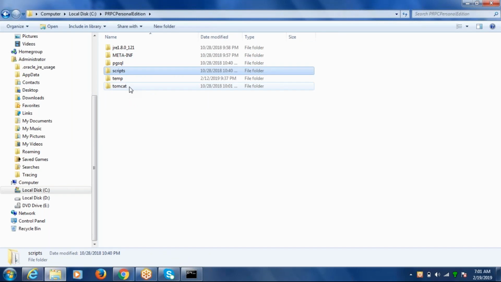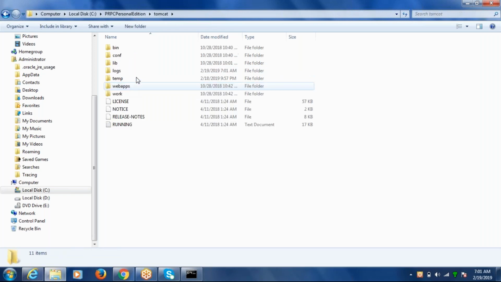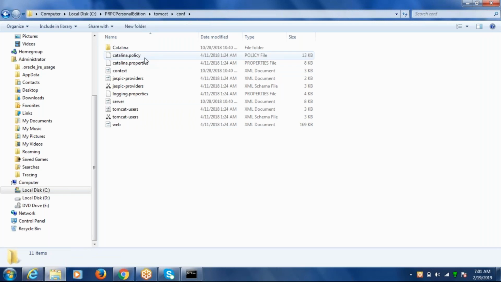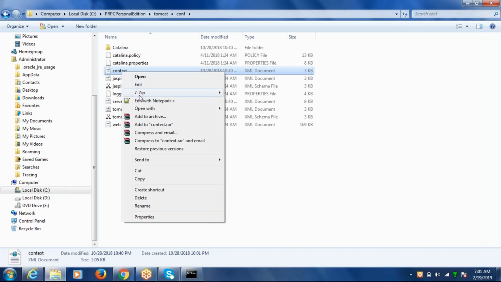For this personal edition, it is coming with the Tomcat server, and in this the database configurations are configured. If you want to see the database details configured for this server, you can go inside the conf folder, and in this you have context.xml.